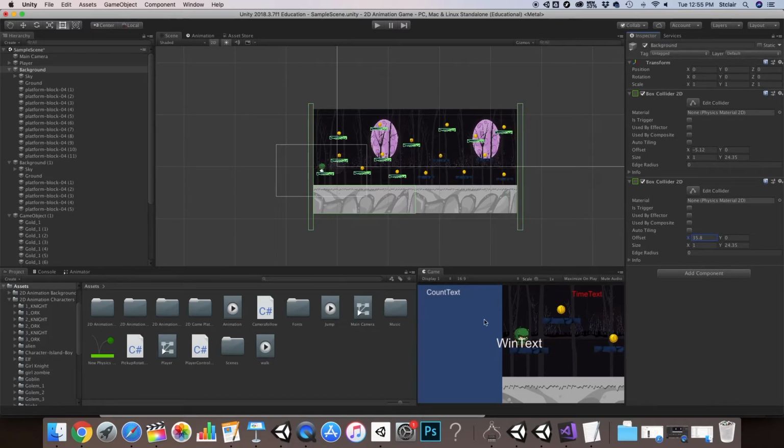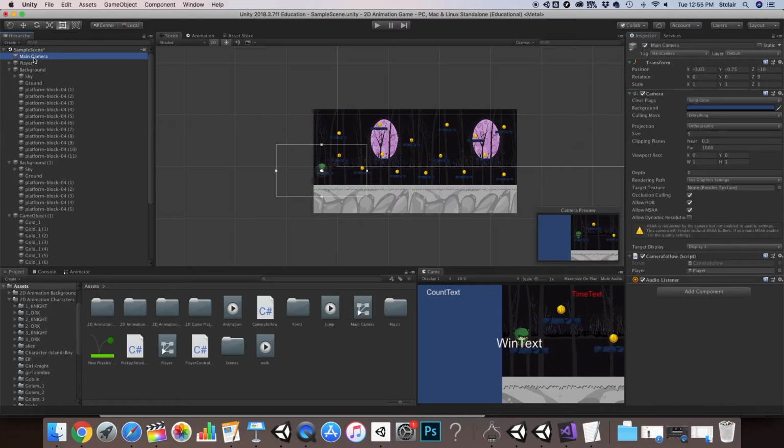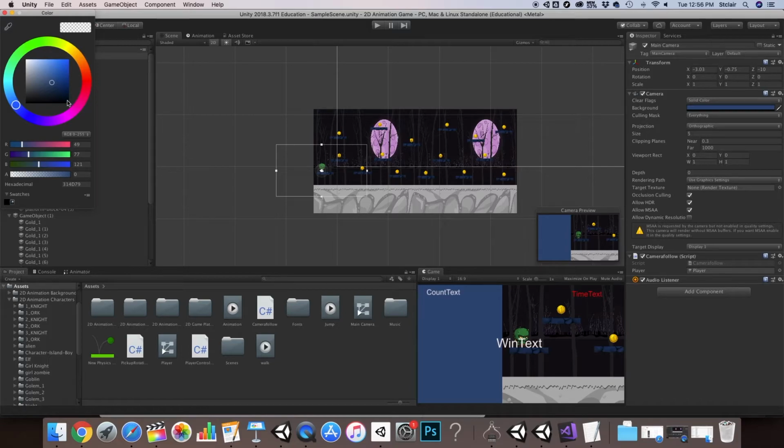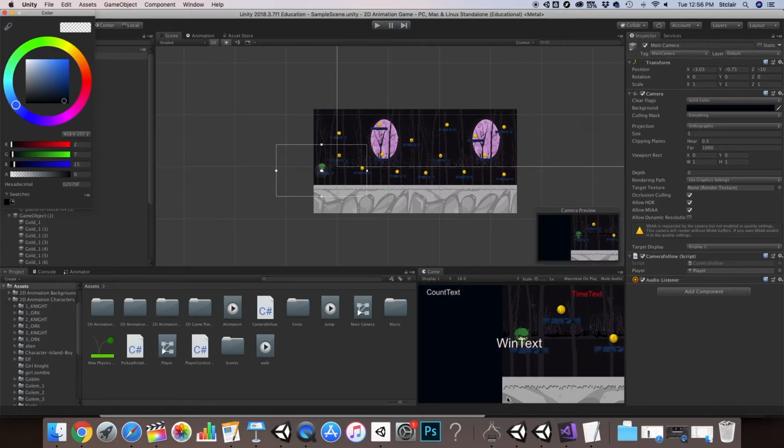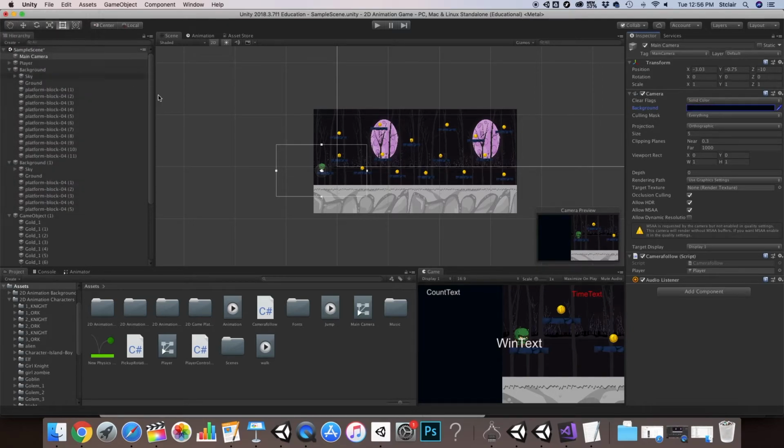Now one of the things you can see right away is that I have all this blue space. I can do a couple things with this blue space. The first thing I can do is click on this main camera and change my background color. So maybe I just make it all black. But I am still missing some of this here. So if I want to, I can take my background,